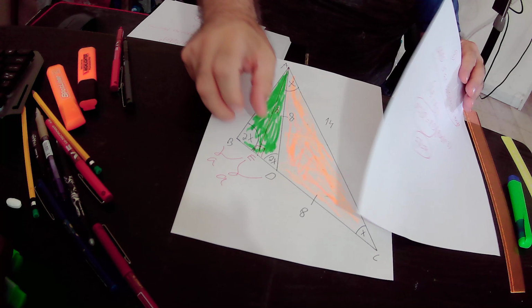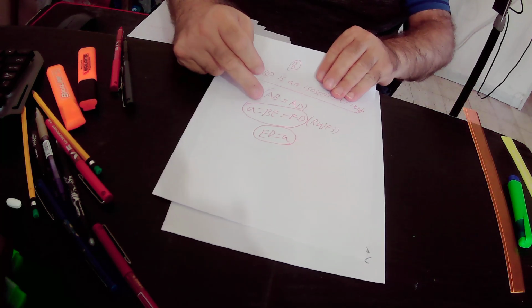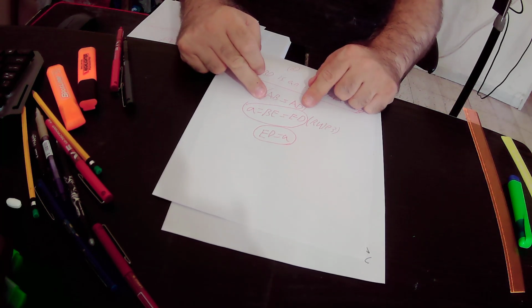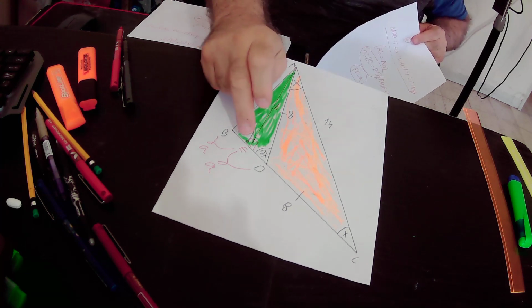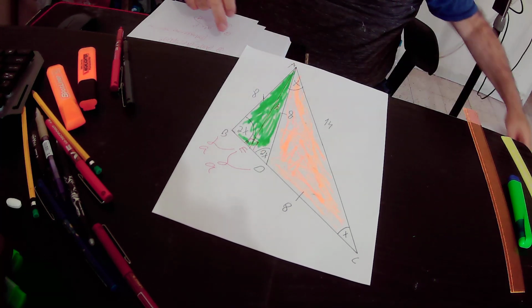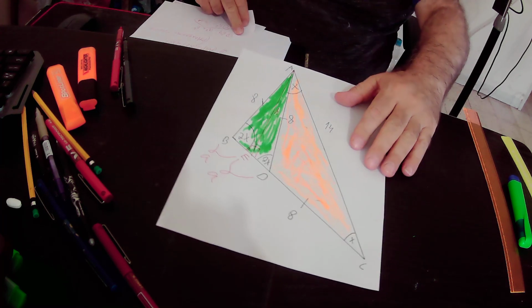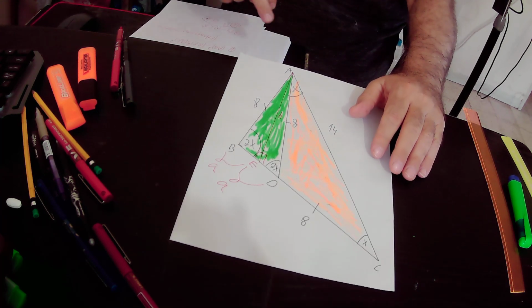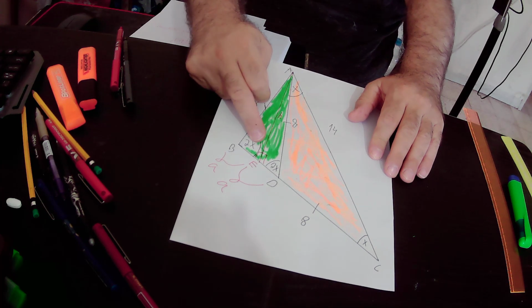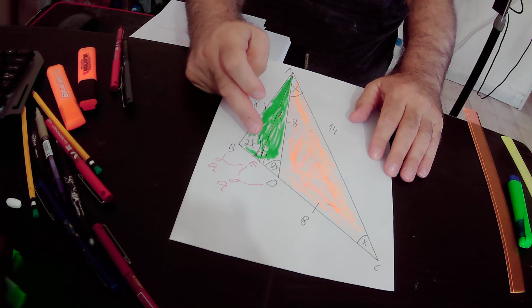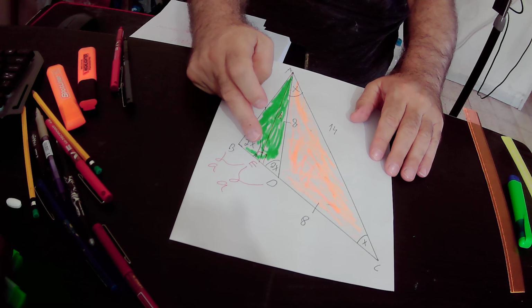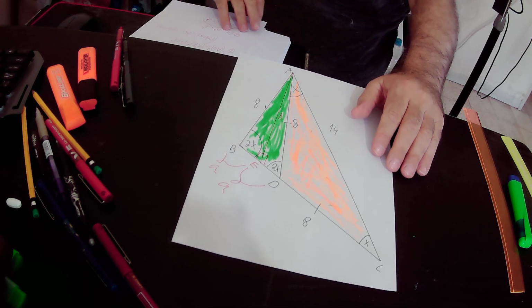And then we define BE as A, that is to say BE equals A, and from this equality we can derive that ED also equals A. So BE equals A and ED also equals A. And then we have triangle ABE, which is a right triangle because angle AEB is a right angle. Therefore the half green triangle AEB is a right triangle, so we can apply the Pythagorean theorem